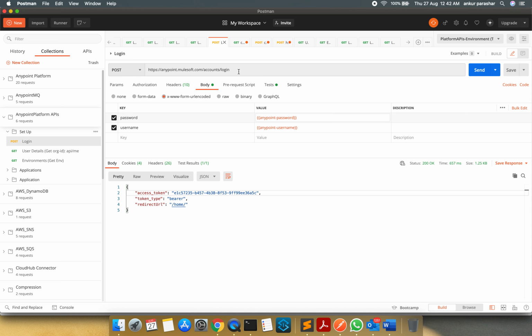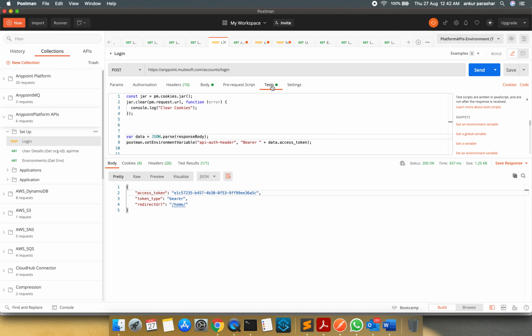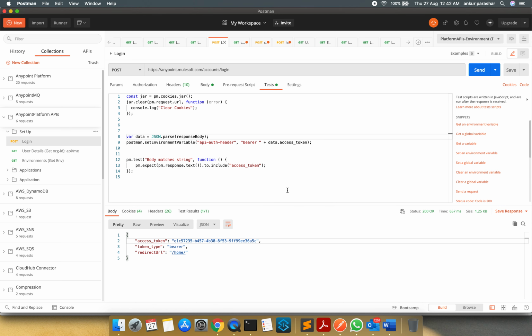Sometimes it gives the error invalid CSRF as well. In order to avoid that, we can write this particular piece of code. What it does is clear up the cookies, and check whether the body matches the string, like whether the SS token is being created out of it or not.